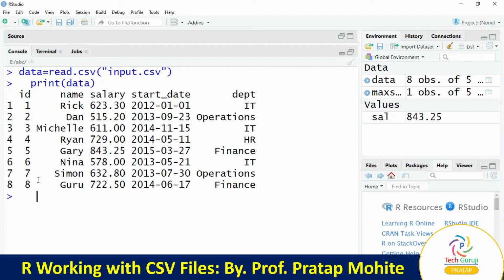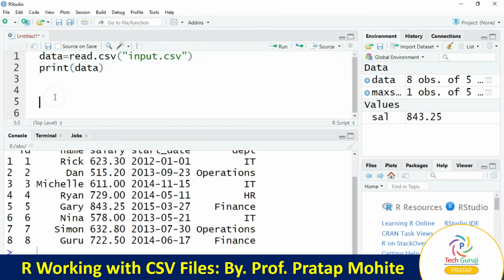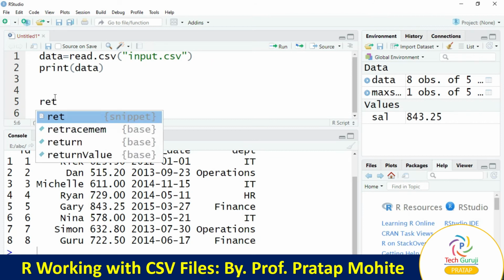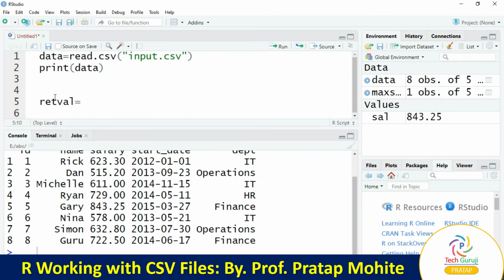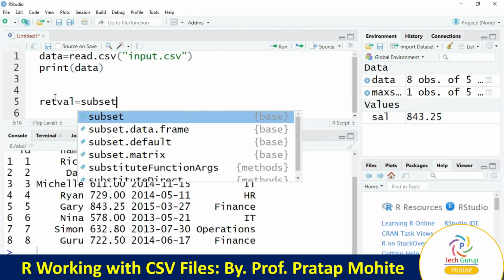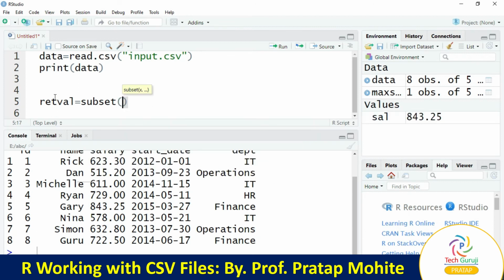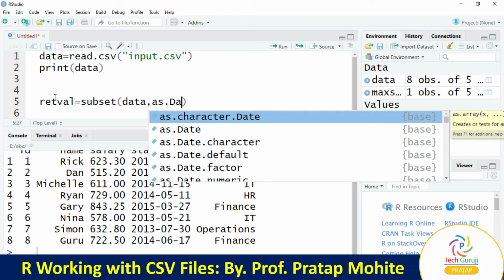Now we'll create one variable called rate val, equal to, we'll create a subset. We are going to perform the operation on data. So data, comma, as.date.